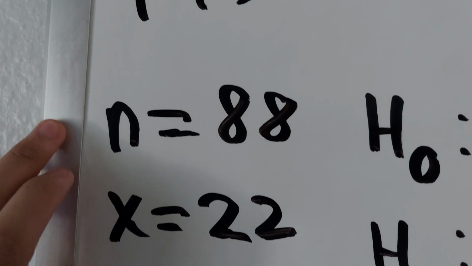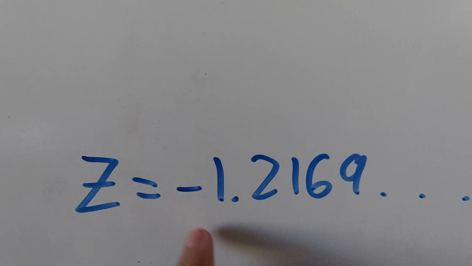With that done, I'm going to do this top part and this middle part right here in one little step, and it's going to look something like this. Negative 0.06 divided by the square root of 0.2139 divided by 88. With that done, let's finish it off. We're going to do this whole thing in one single step, and we're going to get z is equal to negative